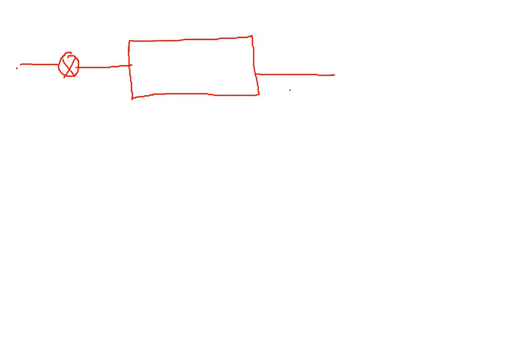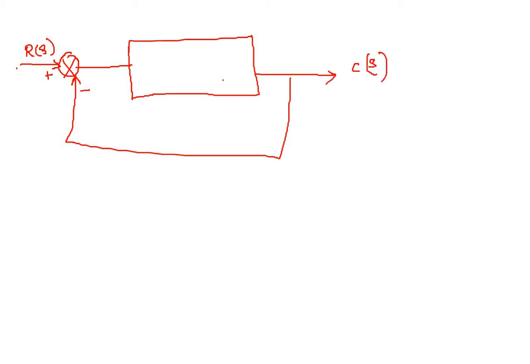So today we will discuss how to find the stability using Routh-Hurwitz stability criterion. A system is given with the following representation. You can see the system is given in block diagram representation, with C of S as the output and R of S as the input of the system, where